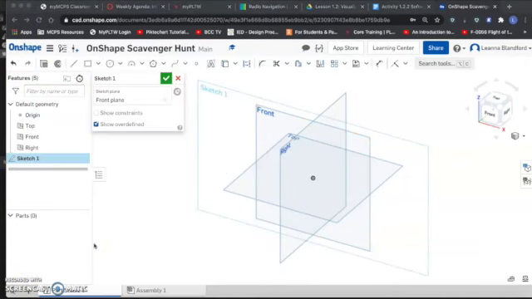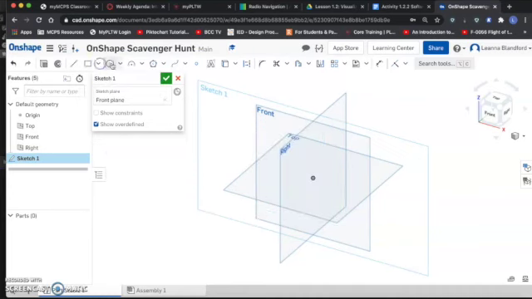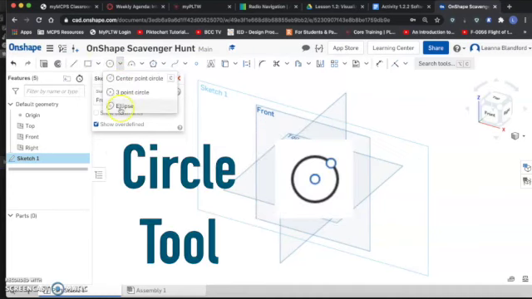Okay, so let's take a look at the sketch toolbar. To access the sketch tools in the sketch toolbar, we first have to create a sketch, which we can see here in our features pane. In order to create a 3D object, we actually have to create a 2D base first, known as a sketch. The tools we can use to create that sketch include the line tool, which allows us to create lines, the square tool, which allows us to demonstrate different types of squares, the circle tool, which allows us to create ellipses in different circles,